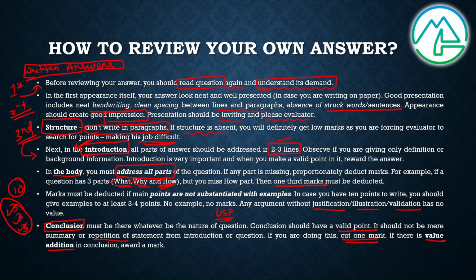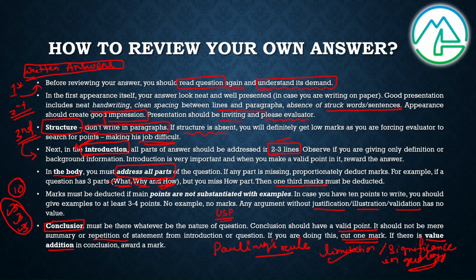For example, if there is a question on Pauling's rule, whatever you have written in your introduction and body, that is okay about Pauling's rule. Then in the conclusion, you can write about the limitation or its significance or application in geology. So that can be your conclusion, which will be different from whatever you have written in your body and introduction, and it will also be a value addition to the whole answer.